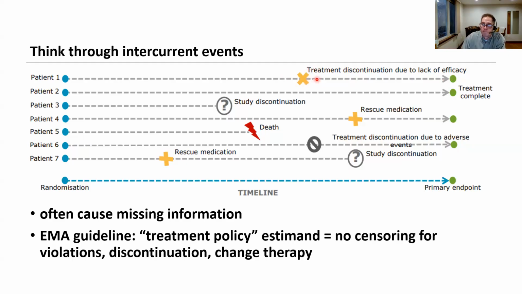So if this patient, for example, is on the experimental arm and she discontinues treatment for lack of efficacy, she just stops taking the treatment, then what happens is your experimental arm looks ever so much more like maybe your control arm if she comes off any kind of treatment altogether. So in this case, what we did with these patients is we said it doesn't matter that she discontinued treatment for lack of efficacy. It doesn't matter that she discontinued treatment at all. We're going to follow her until we get to the progression endpoint,